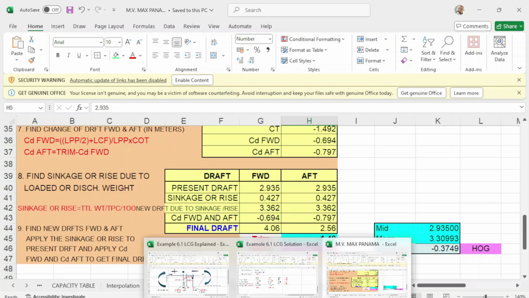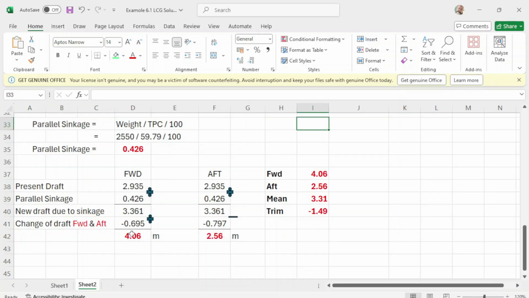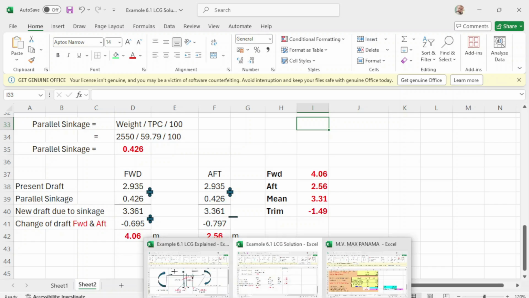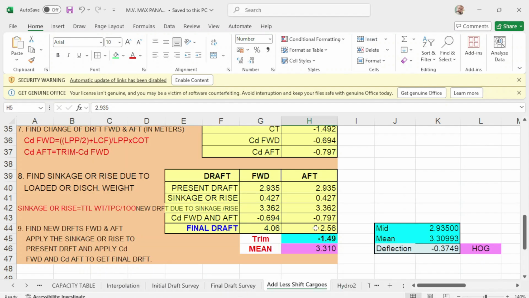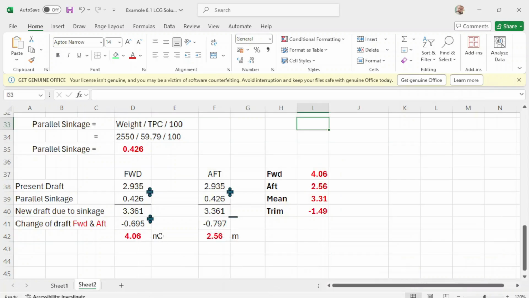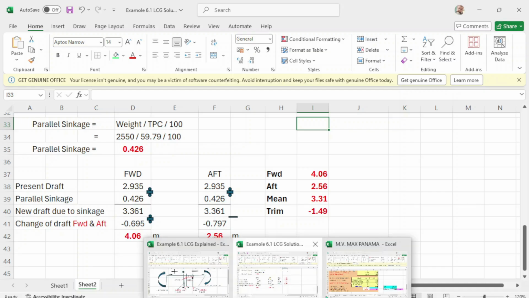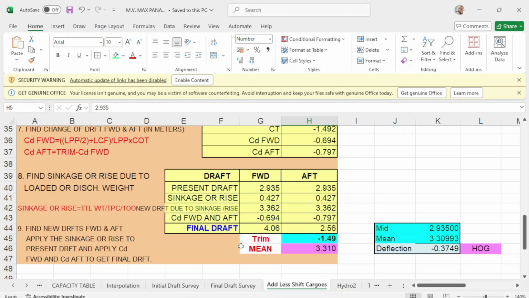I got 0.695, and change of drop up is 0.797, and the program says 0.797, and forward drop will be 4.06. Forward drop is 4.06. Up drop is 2.56. Up drop is 2.56. Your trim is negative 1.49.